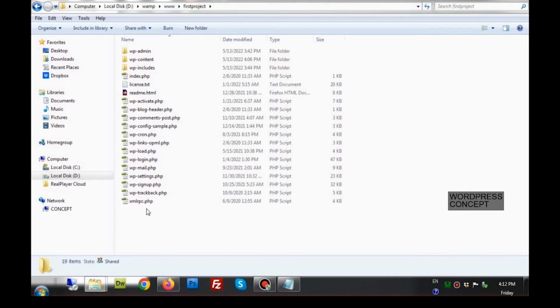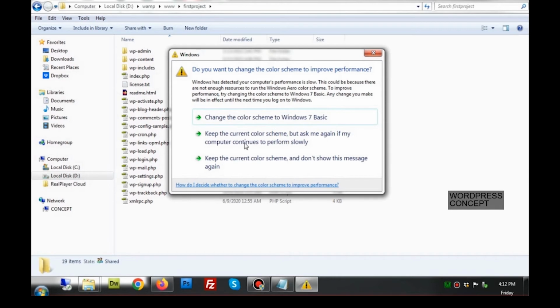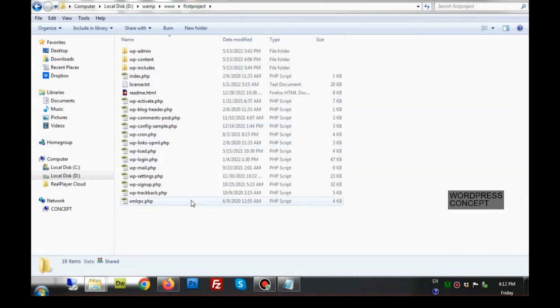Number two is a database. Database will be, you can say, storage, where we will store all the pages and posts and everything, and image names, and all the stuff is stored in the database. And these are the files which are used to get the information from the database and display them onto the site or onto the page.